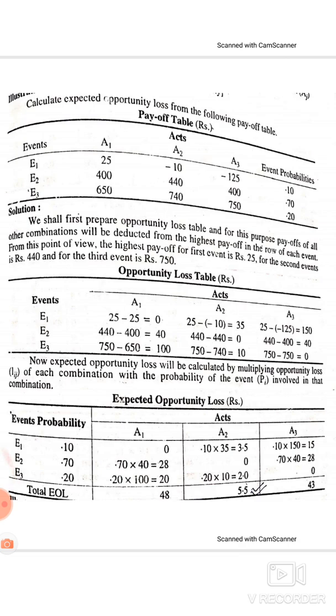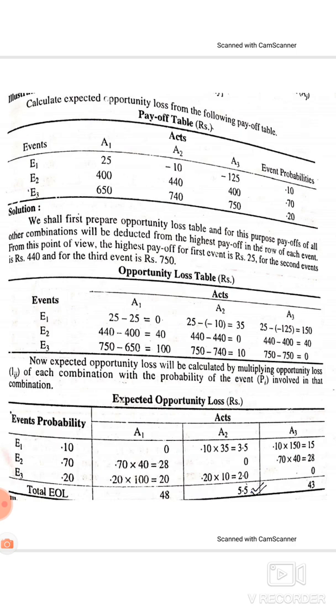The acts are given, A1, A2, A3, event probabilities are given, and there are 3 events. So first, we have to prepare the opportunity loss table. For this purpose, we have to deduct the payoff from the highest payoff in the row of each event. The highest payoff for the first event is 25, for the second event is 440, and for the third event